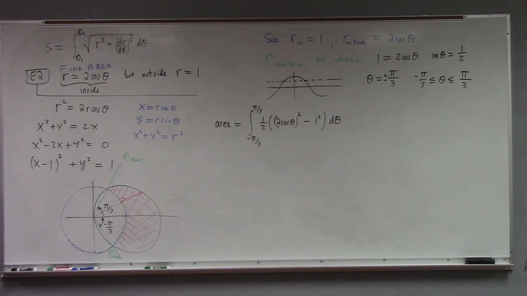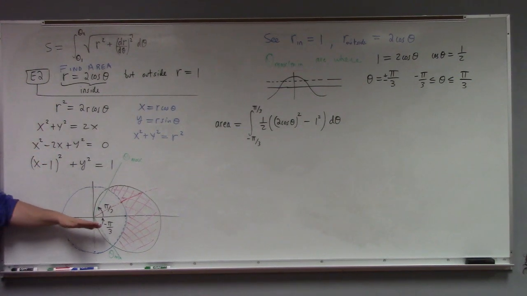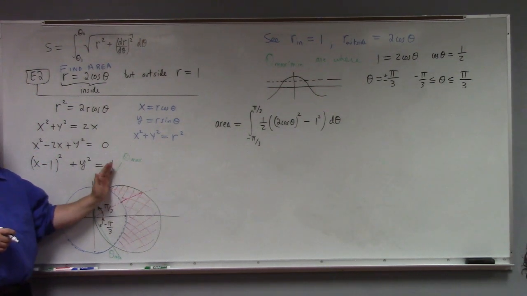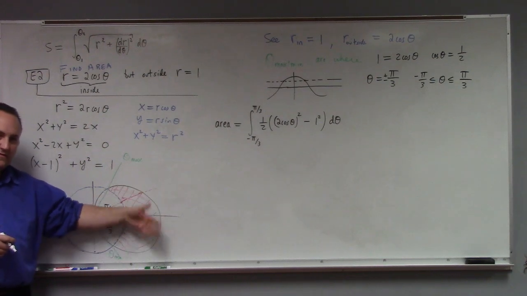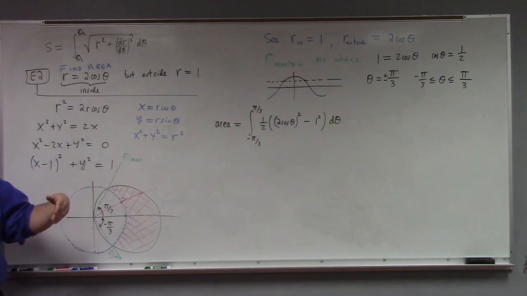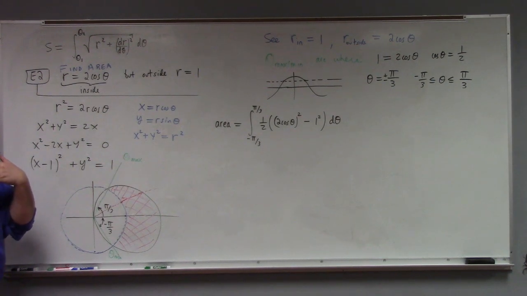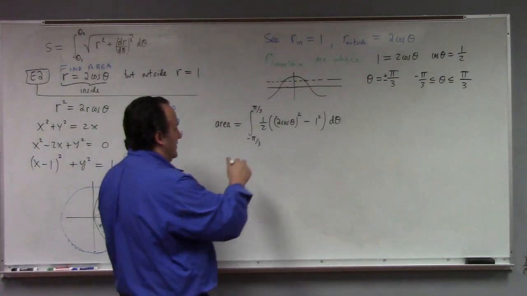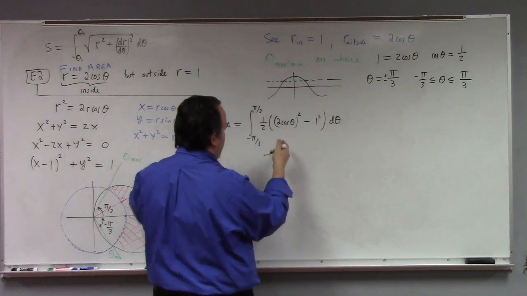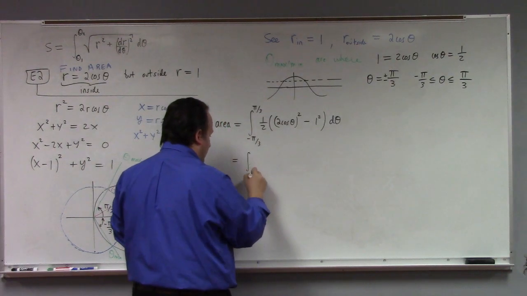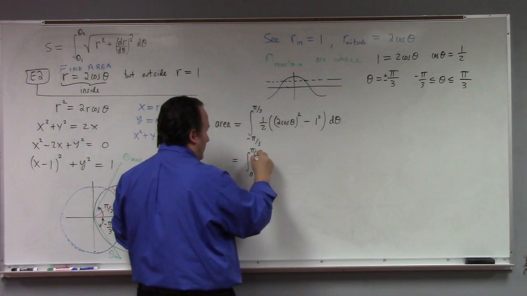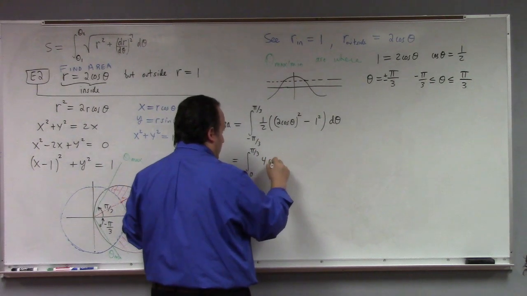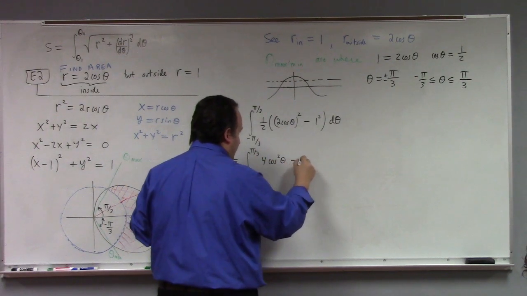That's true. But what I would point out here is there's a symmetry. From the original picture, the area above is equal to the area below. So we can just double up from 0 to pi over 3. And I much prefer to have one of my bounds being 0, as opposed to minus pi over 3. So we can trade this half times 2 for just 1, and we're looking at the integral from 0 to pi over 3 of 4 cosine squared theta minus 1 d theta,